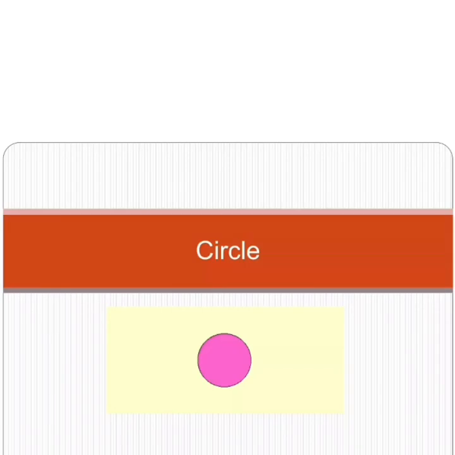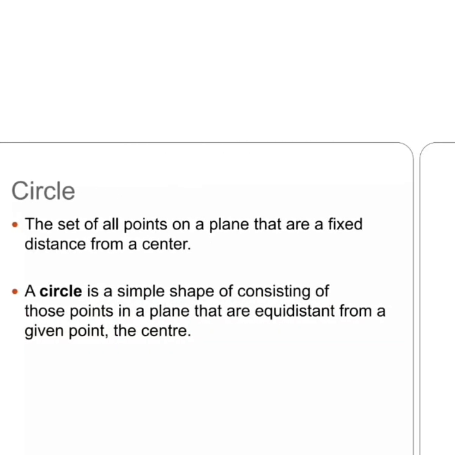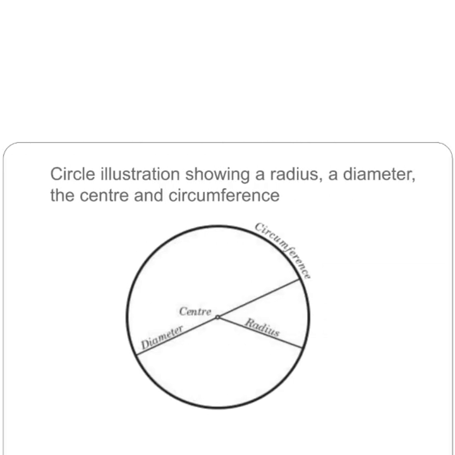Our today's topic is circle. So what is a circle? The set of all points on a plane that are a fixed distance from a center. A circle is a simple shape consisting of those points in a plane that are equidistant from a given point, the center. The circle illustration shows a radius, a diameter, the center and the circumference, which you can see in